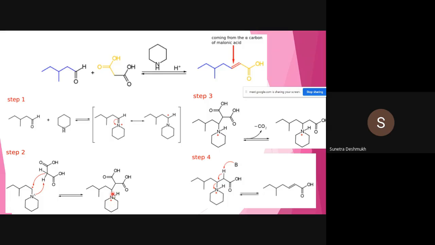And next reactions. Okay, so in this way I represented the mechanism and how the elimination of carbon dioxide I have shown over here. And finally, in the presence of a strong base, piperidine is over here. That one abstracts a proton. It helps to eliminate the piperidine molecule and the carbon-carbon double bond generation.